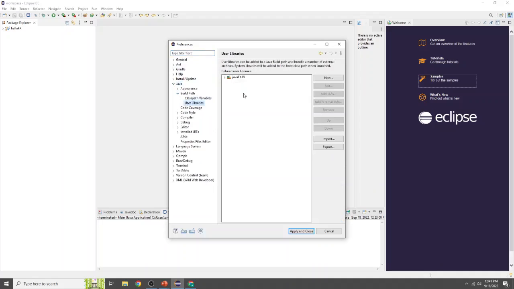User Libraries. So you can see I already have JavaFX set up, but if I wanted to make it, all I do is click New, type in whatever, JavaFX 19, click OK, and then click on it and add external jars. This will take you to a file explorer, and what you can do there is go to where you put your JavaFX code and open up the library folder, or lib. And in there you'll see a bunch of jars, which should roughly match these names, and you want to select all of them and click OK. This will add all the jars you need to your custom user library, and you can just click Apply and